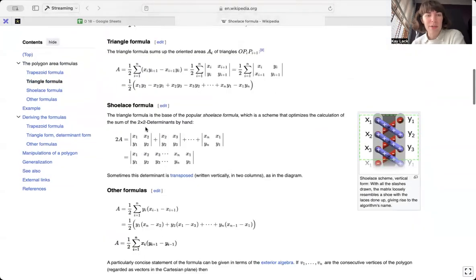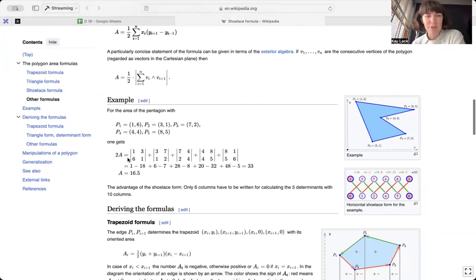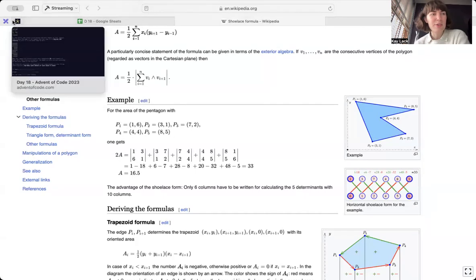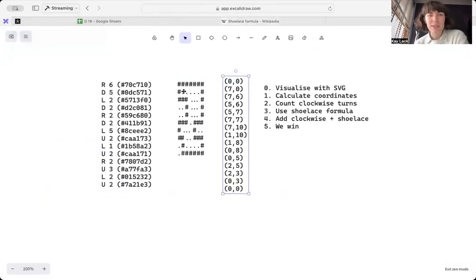Yeah, so the way of applying it is essentially, I don't really know what all this means, but what I have worked out is you take pairs of coordinates, you multiply out the diagonals, subtract this diagonal from this diagonal, add them together, and then if you divide it by 2, you get the area inside the polygon. Now, there is an additional quirk, which is if we just do the coordinates of the cells, we don't get the right answer because, and I may or may not understand this correctly,